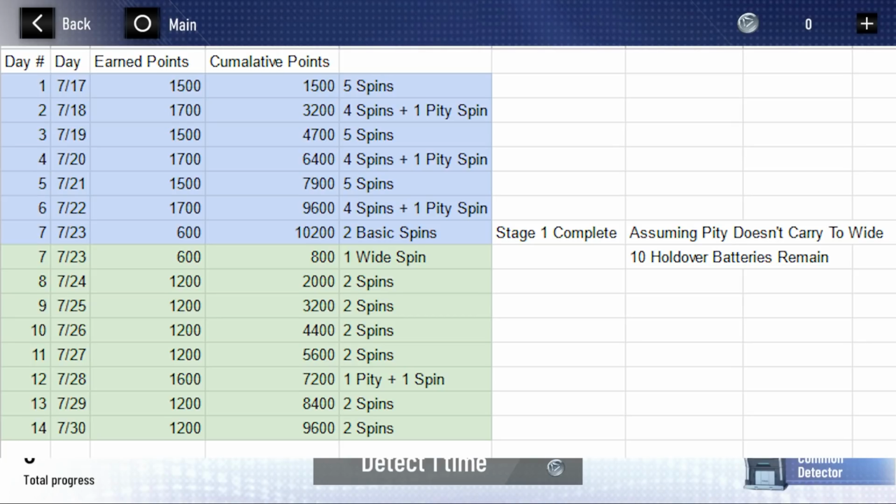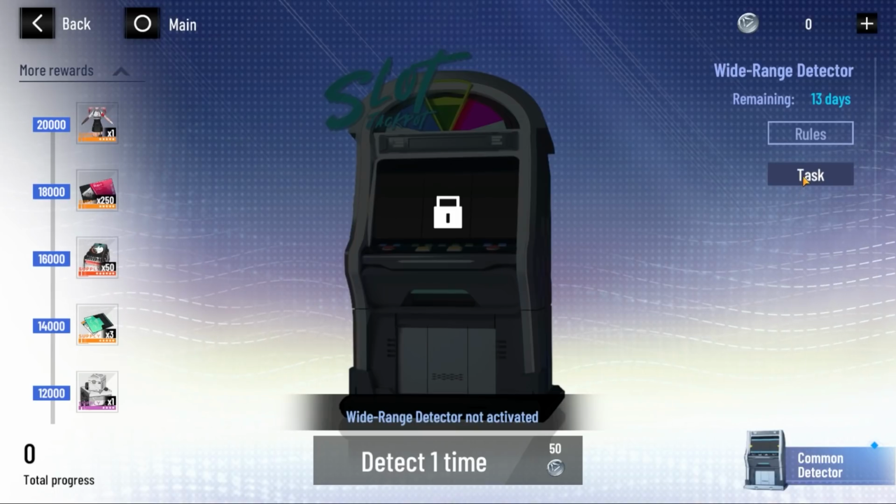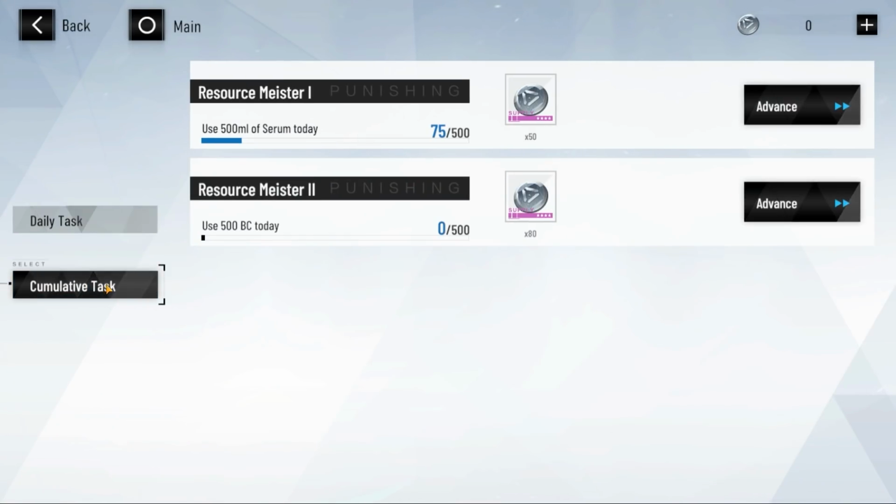Now again, I know it'll trigger a lot of you, and I know a lot of you will say, oh my god, just spend black cards, bro. What are you saying? And then on top of that, a lot of you will say there's the cumulative task. But with this, it looks like the task may be daily. Again, it'll reset every day. It says use 500 ml of serum today. And again, it could be that you complete this every day, but I really don't think we're spending 500 stamina unless we're going for refreshes on